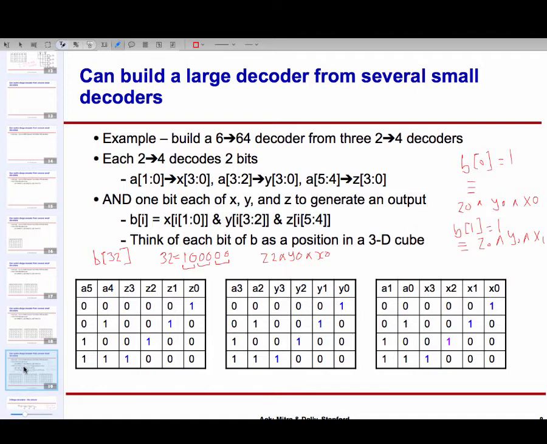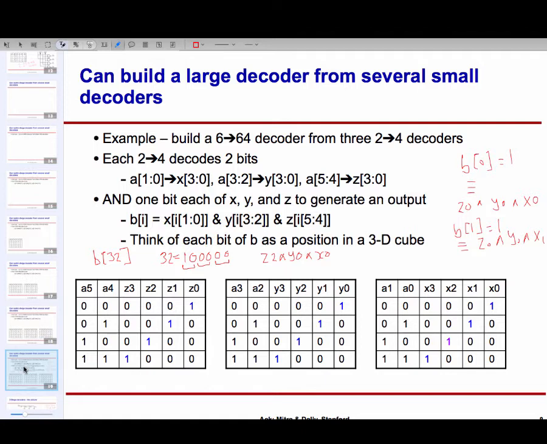And finally, the rightmost table tells me what values A0 and A1 are taking. Now, let's say my 6 to 64 decoder receives the input 0, 0, 0, 0, 0, 0. That's another way of saying that Z0 is high, and Y0 is high, and X0 is high, because they correspond to that particular combination.